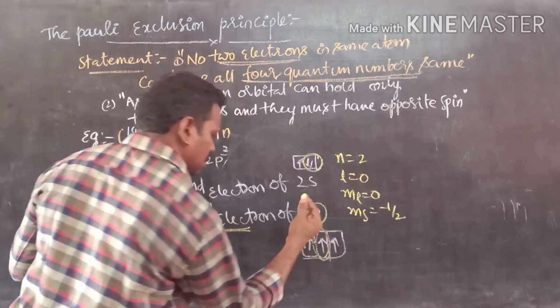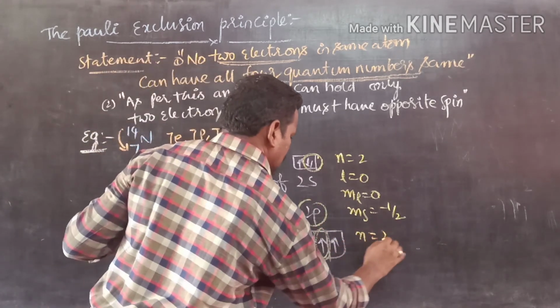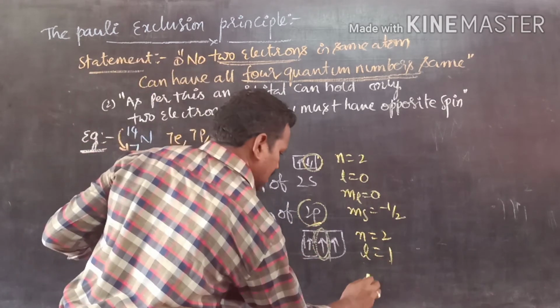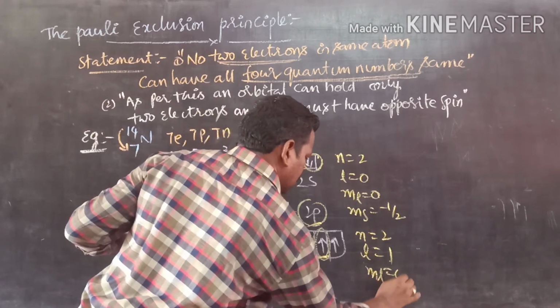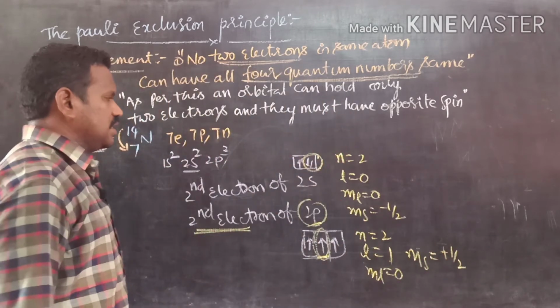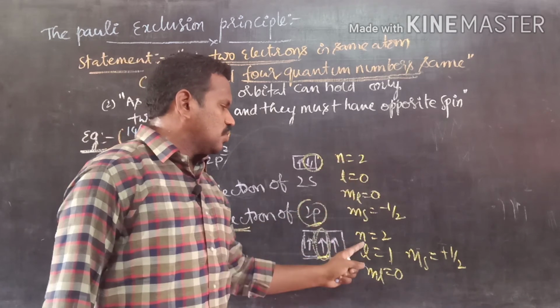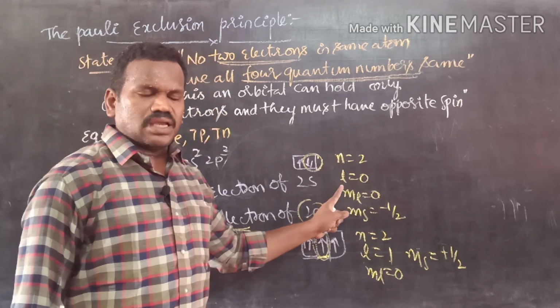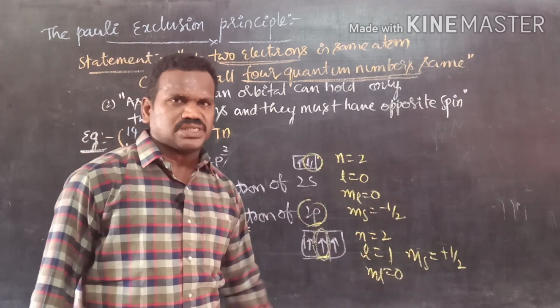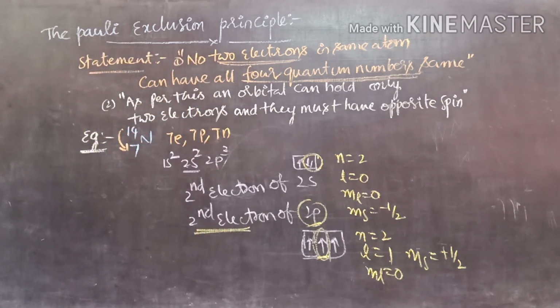This is the second electron of 2p. Here n is equal to 2, l is equal to 1, because it is a p orbital. Where l is equal to 1, in the middle, ml becomes 0. Then what about ms? ms is equal to plus half. See here, there is similarity only in the main level, but the angular momentum quantum number l is changed, ml is changed, and the spin is also changed. That means a statement is provided: no two electrons of the same atom can have all 4 quantum numbers the same. What does it mean?